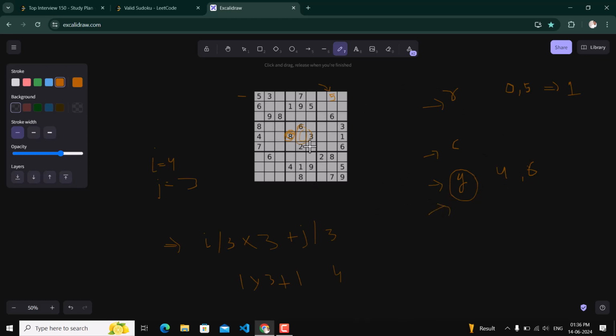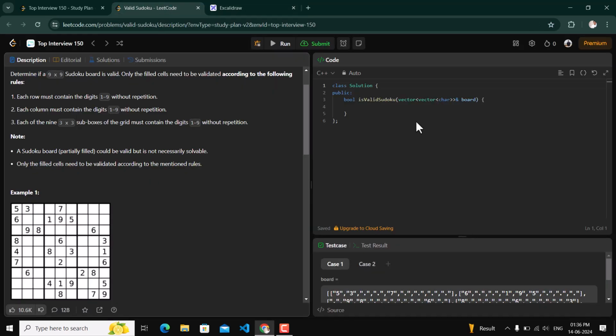And okay, again, the same thing goes with this. Like if another time 8 is here, we have already in place 4 comma 8, and its value we have set to 1. Again we will encounter this, so we will return false, because we have already encountered this element in this particular grid. So now let's implement this.